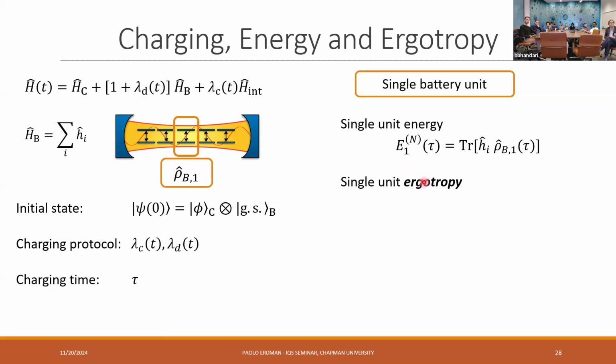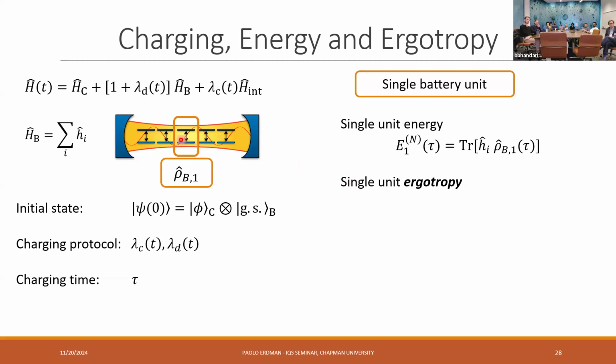Or more importantly, what we look at is actually the ergotropy, which is how much of this energy that is transferred to the two-level system can actually be extracted from it. Because you could have some energy in the system that cannot be extracted. For example, if you have a thermal state, there's no way you can extract energy from a thermal state just acting locally on that state. You would be violating the second law.